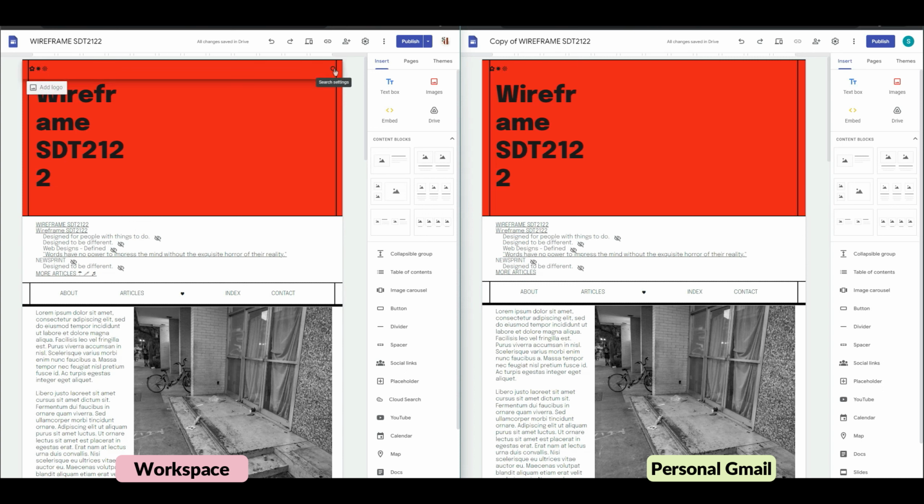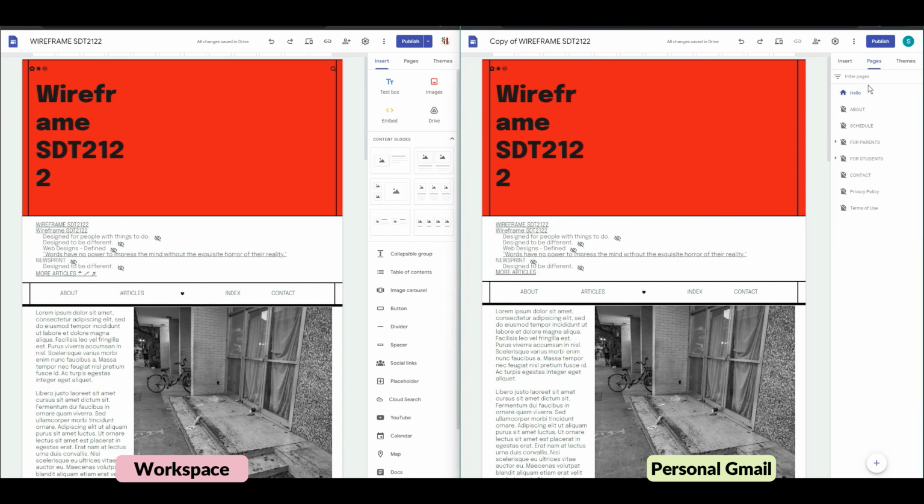You see here I have the search settings icon that is readily available on the Workspace account. It is not showing up here under the personal Gmail account. This is because you do have the option of turning this off and on, the search feature. When you're using your personal Gmail account, if you hide all of your pages in navigation, it automatically removes the